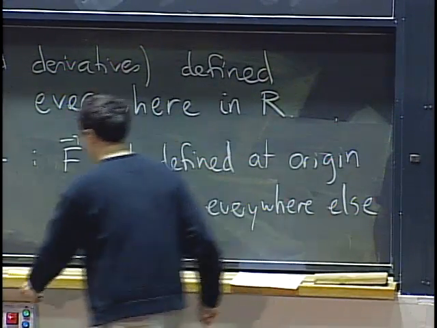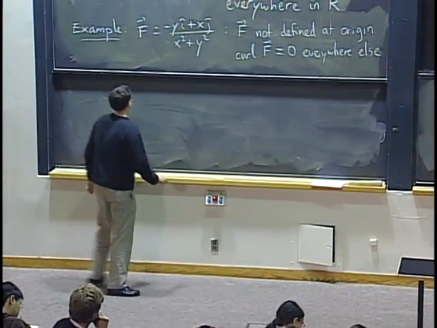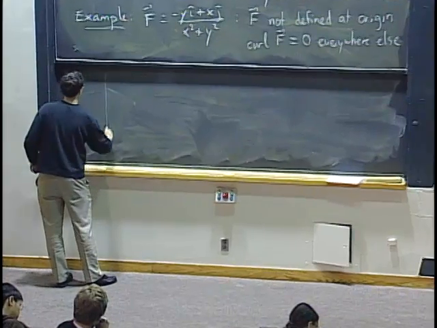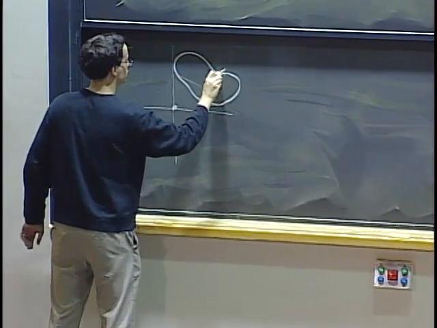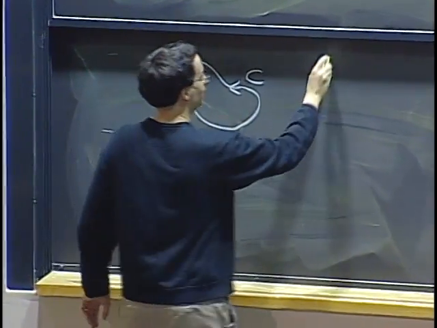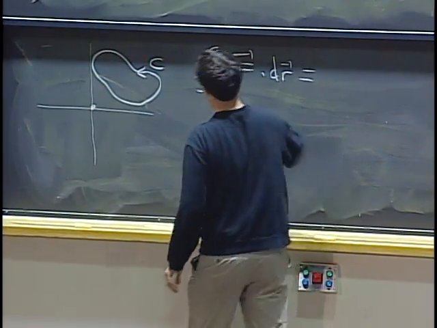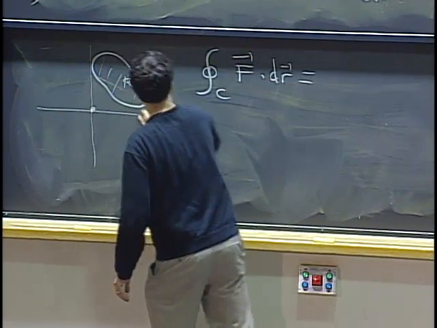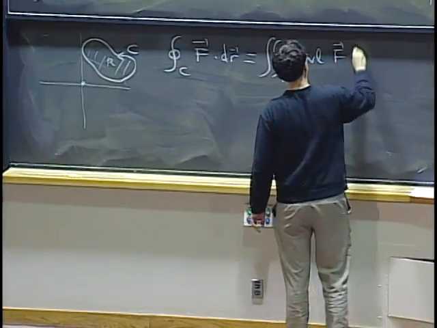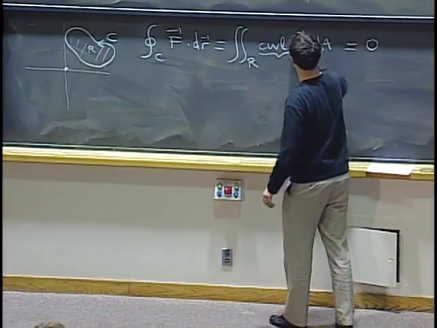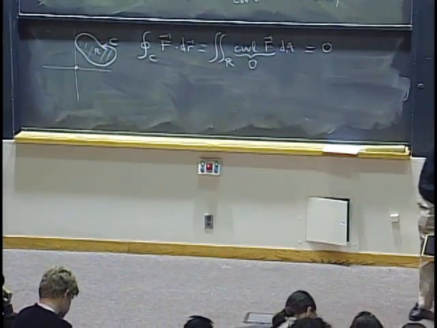And so if we have a closed curve in the plane, well, there are two situations. One is, if it does not enclose the origin, then yes, we can apply Green's theorem, and it will tell us that the line integral is equal to the double integral in here of curl F dA, which will be 0 because the curl is 0. However, if I have a curve that encloses the origin,